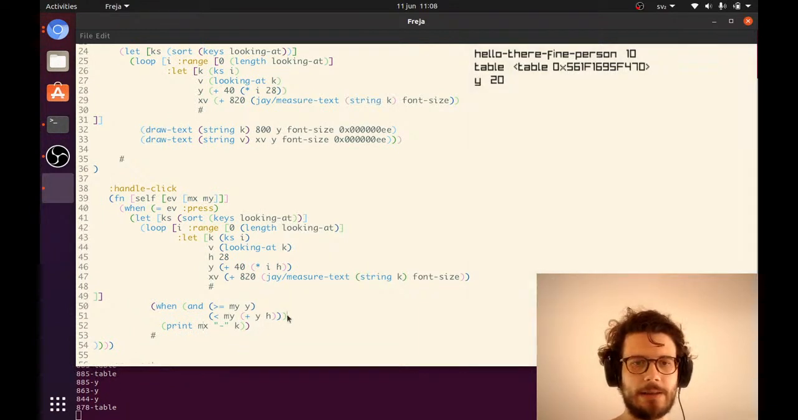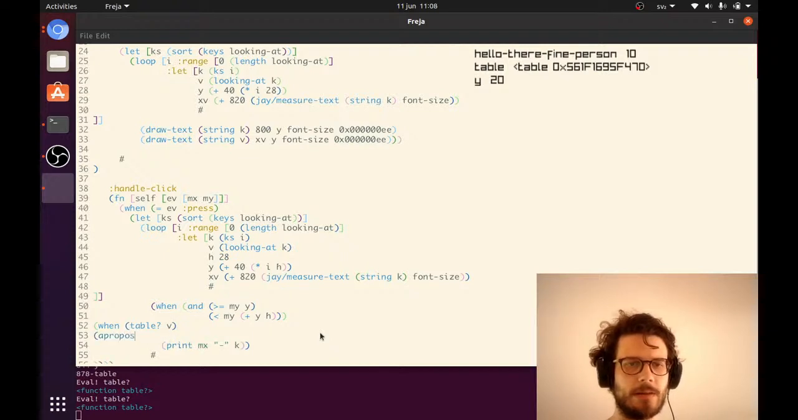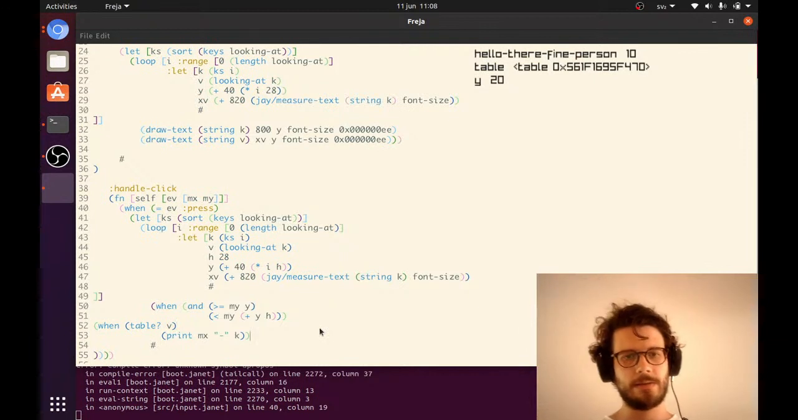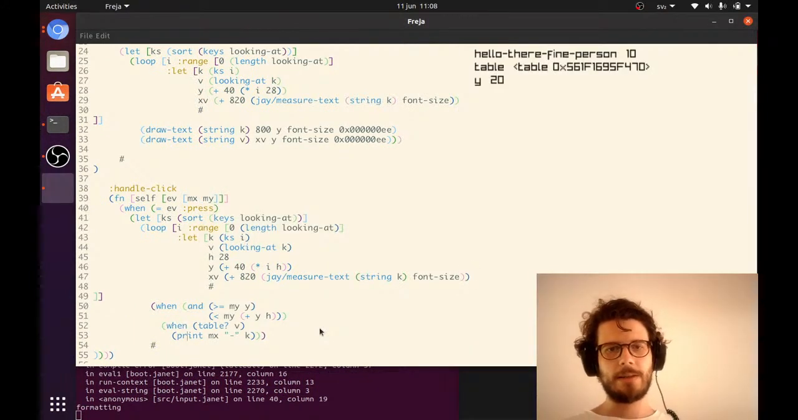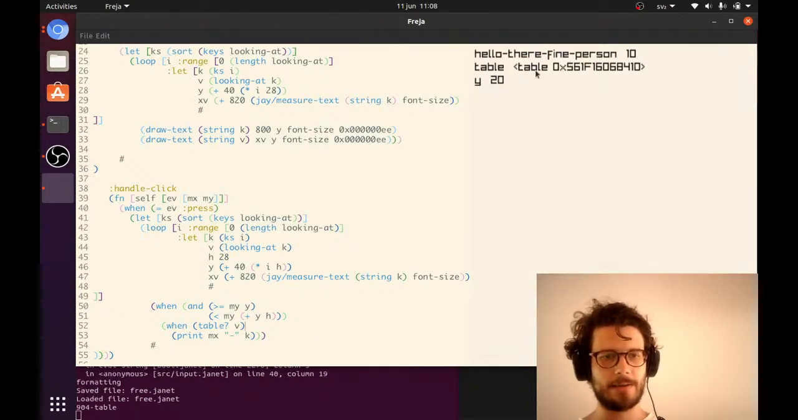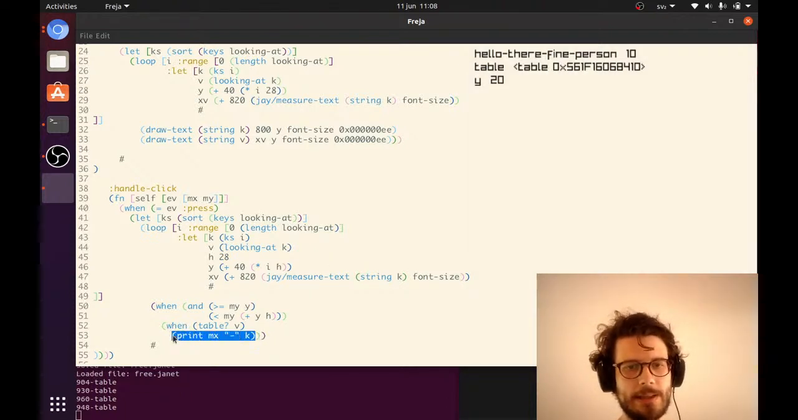So now if this is a table, I think this is a function. When table v, I'm gonna check something. Oh, never mind. When table v, then we print. So we won't print now, but if I click here, it will print. Nice. So if I click a table, then we set looking at